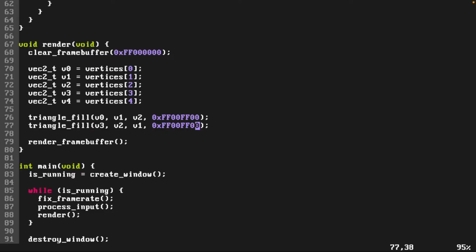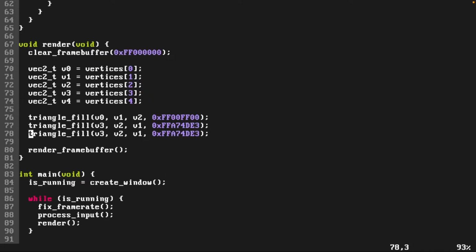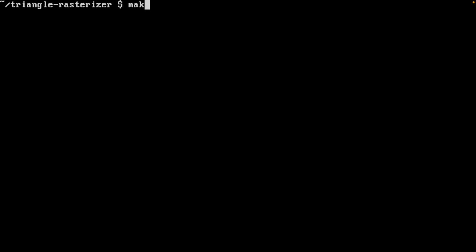And let's put a different color here. So let's add this color, and we should be able to have one more triangle, which goes from, this is going to be at the top. So this goes from v4 onto the second one, back to the first one. And let's just change this color. Let's use this RGB code right here. So if we save, compile, and if we run,